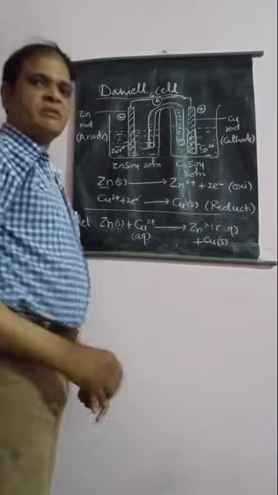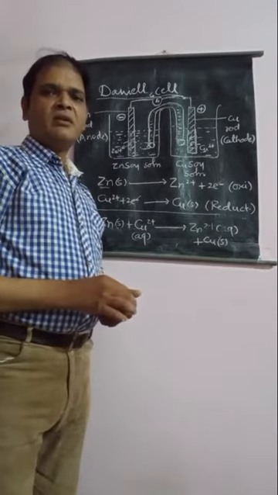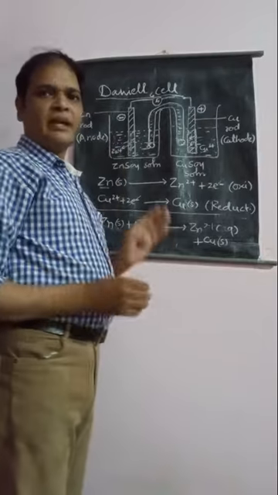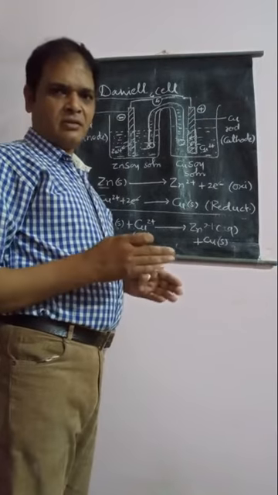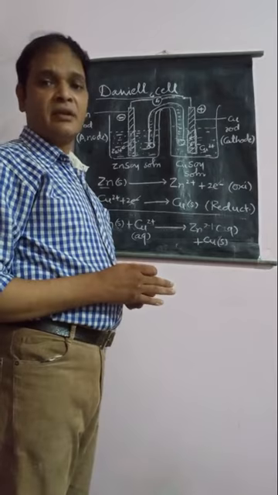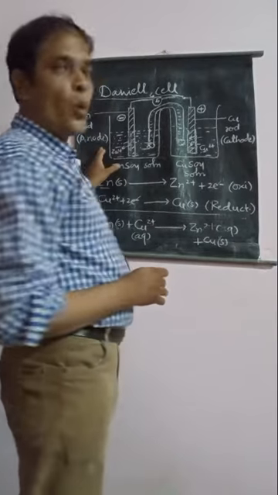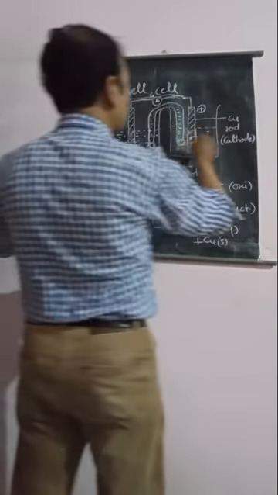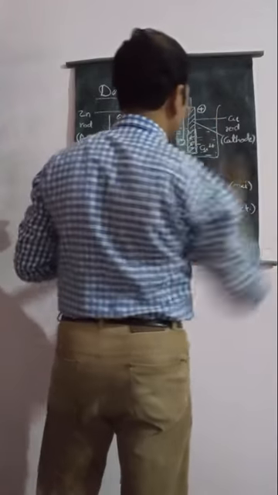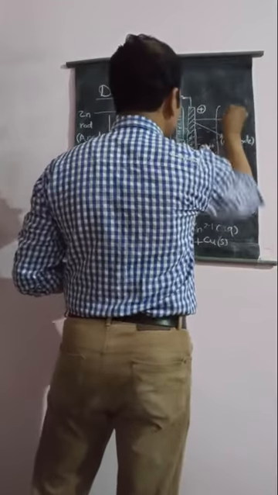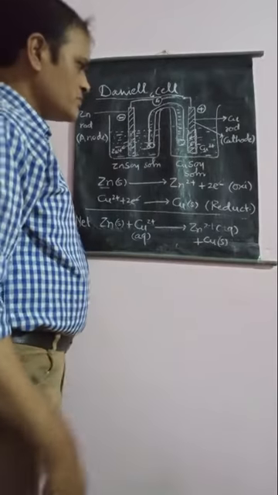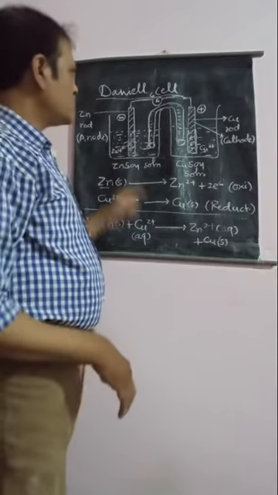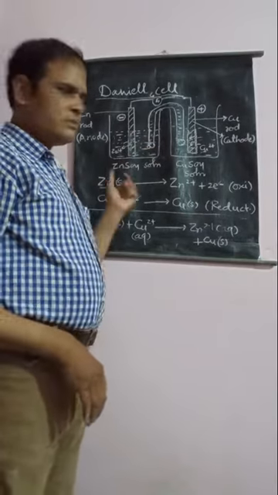In other words, the anode is negatively charged, and the negative ion is known as an anion. That is why it is known as the anode. And the cathode has a positive charge, and for the positive ion we generally use the word cation. So we can use here the cathode. So it will be our anode and it will be our cathode electrode. Now this is the actual structure of our Daniell cell.